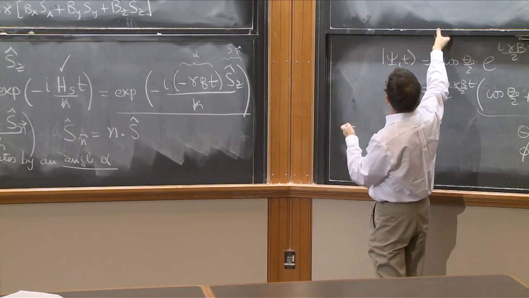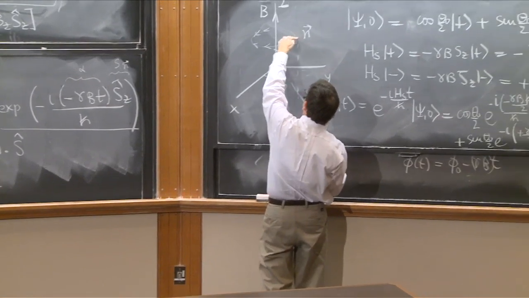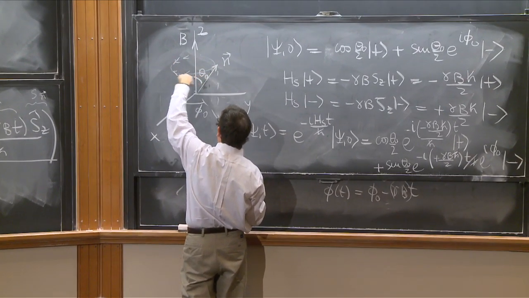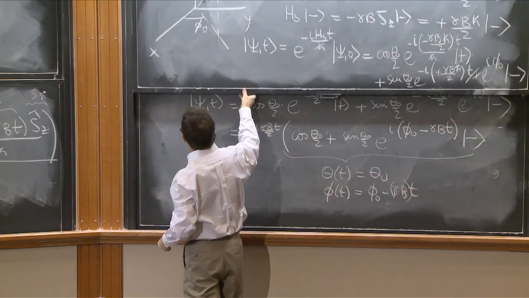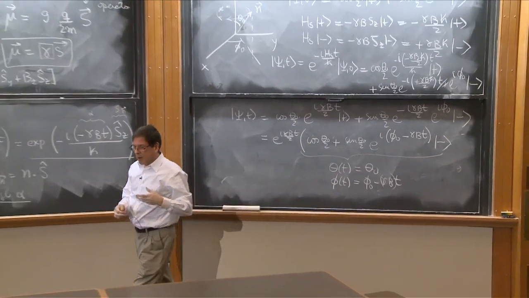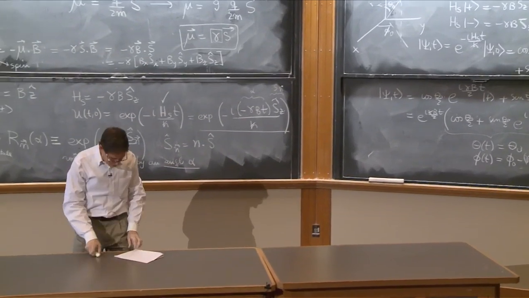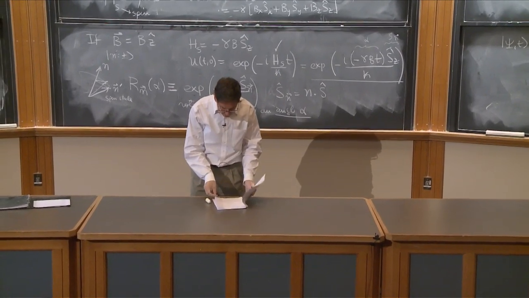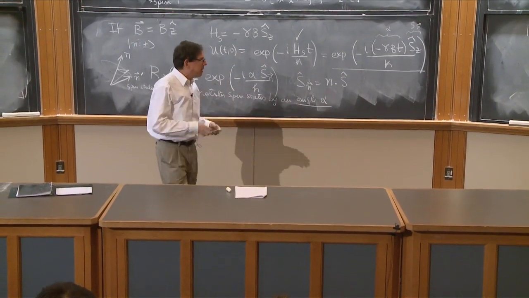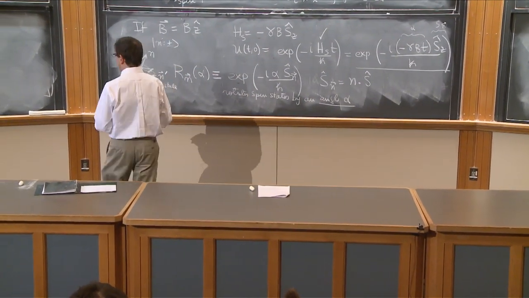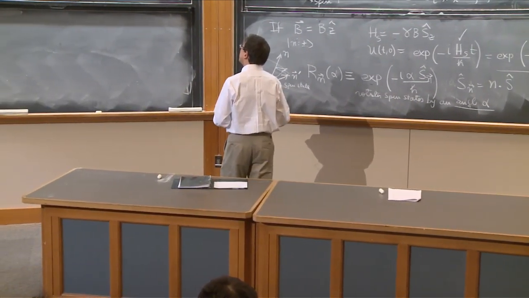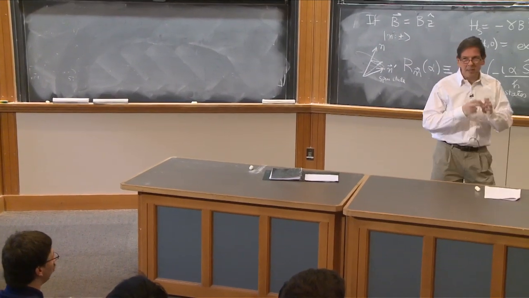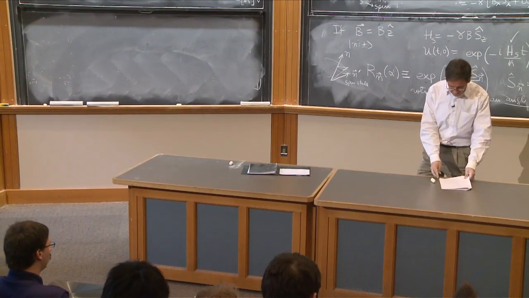The sign is the reason the phi decreases in time and goes in this direction, as opposed to going in the other direction. So this is a basic confirmation of what the spin is doing, and I want to give you the general result so that you can really use it more clearly. So I think the lights are gone, so we can go to this blackboard. First of all, the classical picture.